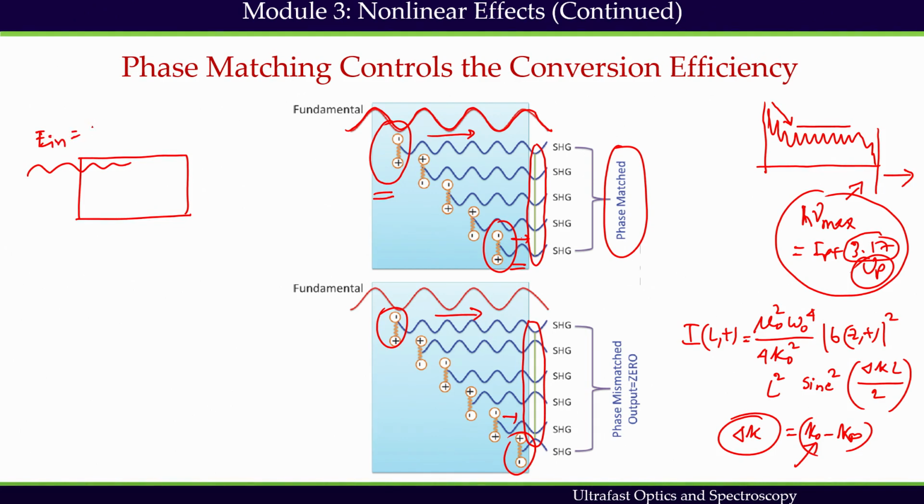We have expressed input beam as A1(t) e to the power i(omega 1 t minus K1 z). This has induced a polarization. This polarization will depend on how they are related. They are related by the Taylor series expansion. Let's say if it is second harmonic generation, then we can write epsilon naught chi second order E to the power input beam square, that we have seen. If it is higher order harmonic generation, then this is going to be n.